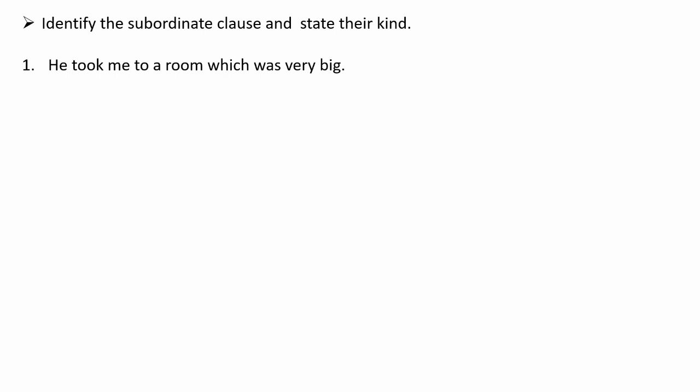So first step is to identify the subordinate clause, which was very big, as it starts with the subordinator which. Now form a WH question so that you can get the subordinate clause as the answer. And the WH question will be, he took me to which room, which was very big. So as the WH question starts with which, the answer will be